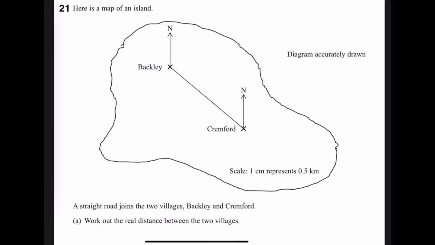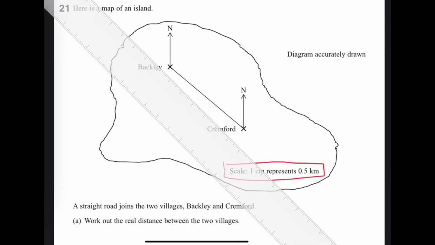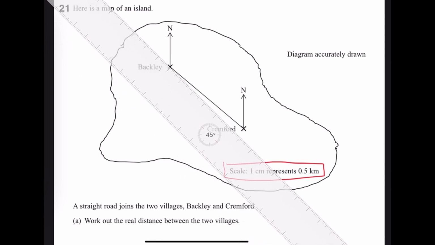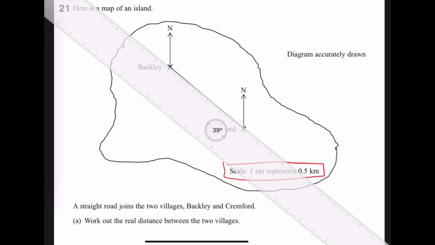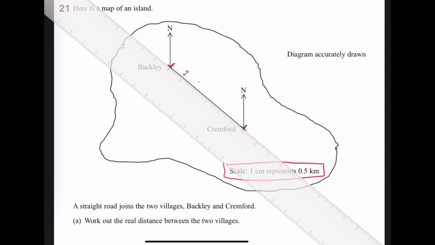Question 21. Here is a map of an island. A straight road joins the two villages, Backley and Crimford. A. Work out the real distance between the two villages. Over here, they gave us the scale, which is 1 centimeter represents 0.5 kilometers. All we're going to do is take our ruler, put your starting point from here, and then read it. So this is 1 centimeter, 2, 3, 4, 5 centimeters, and we end at around 5.8